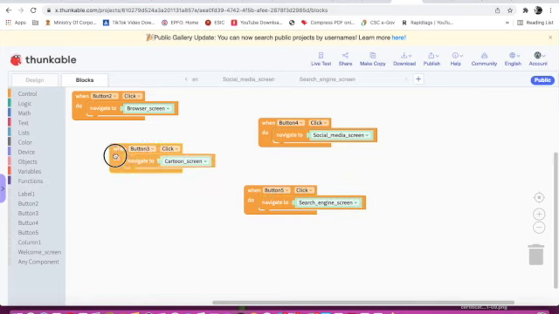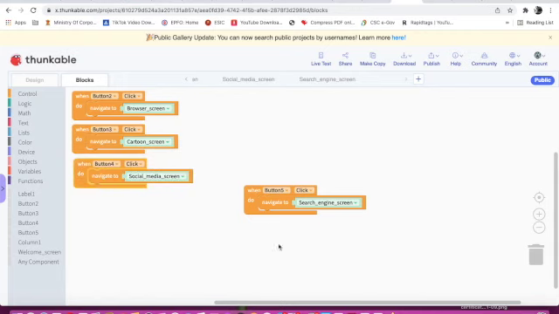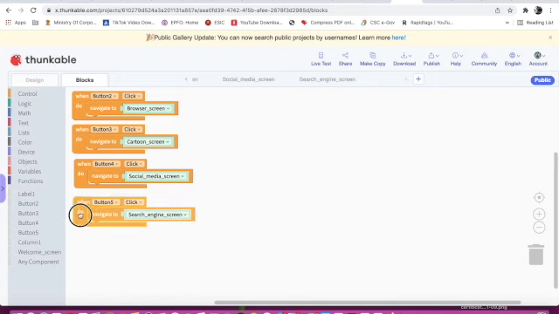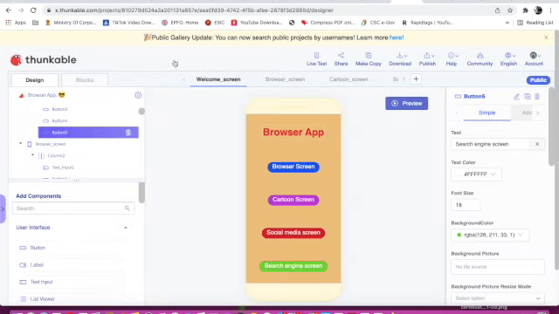Now this is done. Welcome screen code is done. See, welcome screen code, how much is there? It will take only 2 minutes for doing the blocks part of welcome screen. Okay, so now welcome screen code is done.